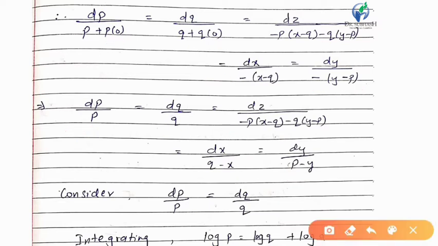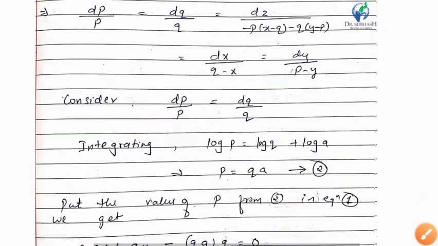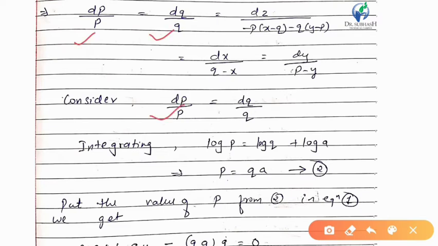Now, from this I will choose the simplest term for which I can integrate. Now here no terms are 0. In the denominator any term is not 0. So I have to consider any two equations. So the easier terms will be the first and second term. So I take dp upon p equal to dq upon q. I will integrate this equation. So integration of 1 upon p is log p. Integration of 1 upon q is log q. Both the terms are logarithms. I am taking some constant log a.